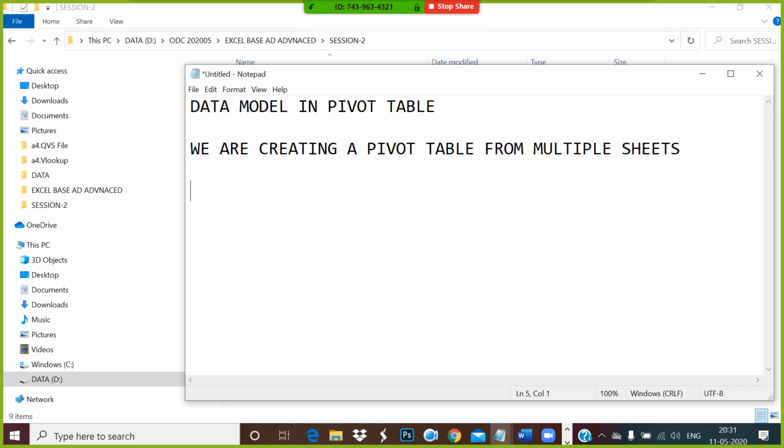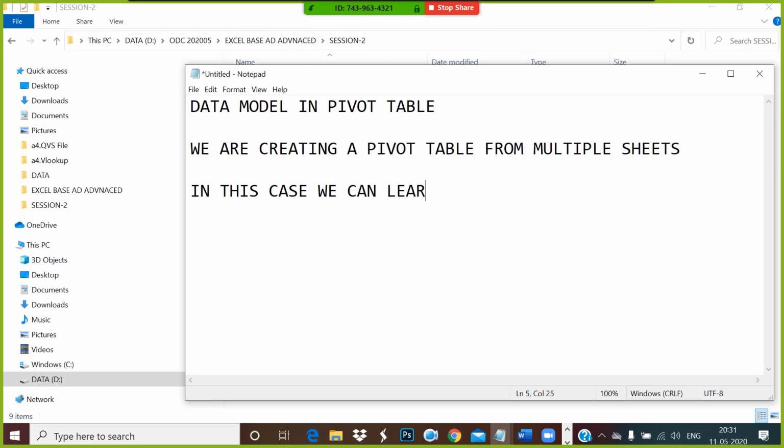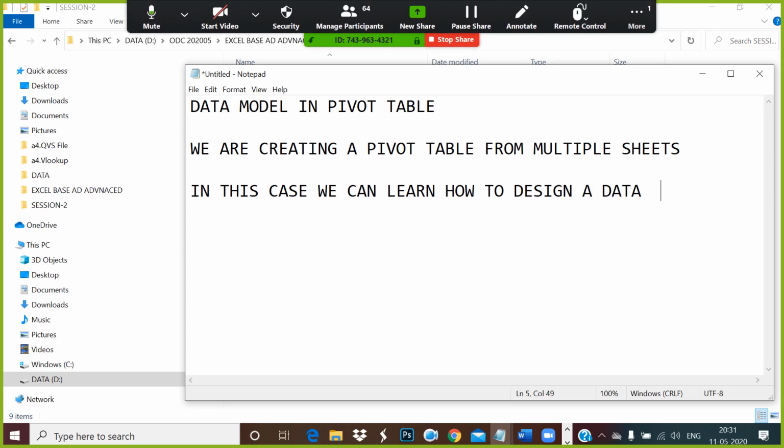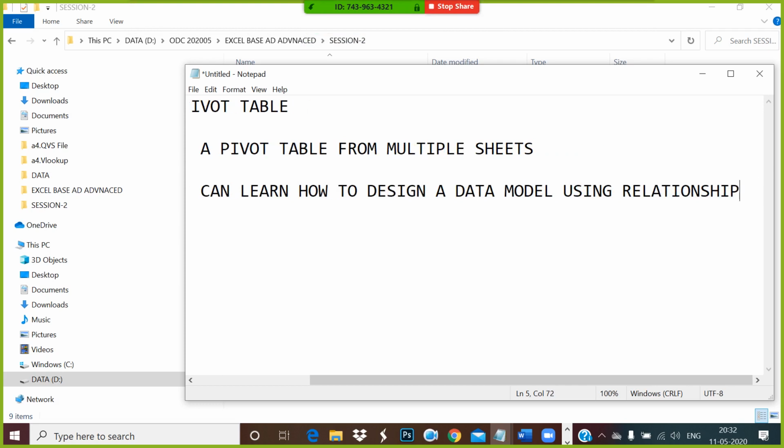Okay guys, and in this case we can learn how to design a data model using the relationship concept.